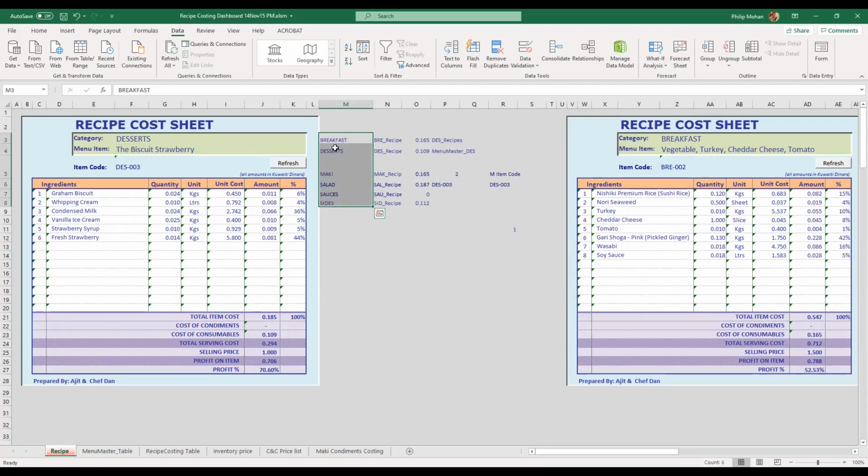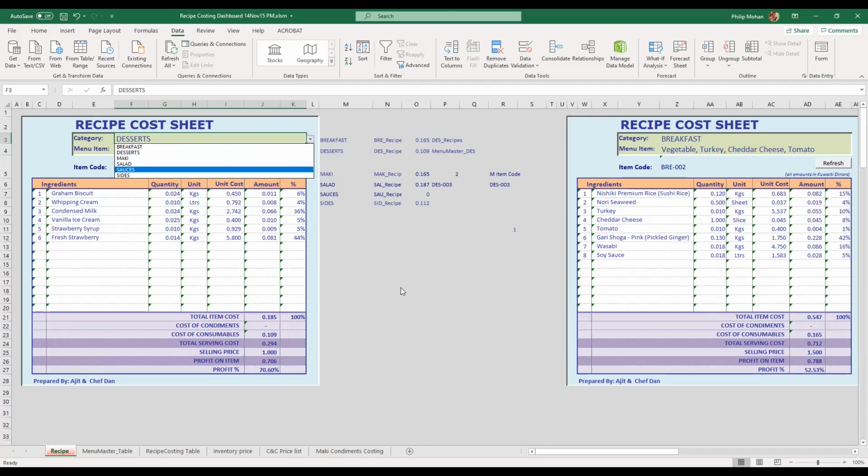If I go here, I'll have all these for 1, 2, 3, 4, 5, 6. And that's coming from here. I've just put it somewhere outside where it doesn't obstruct the person using it. That's why I hid it. Because it doesn't make sense to show all this stuff to somebody who's only interested in this sheet. So it picks it up from here.